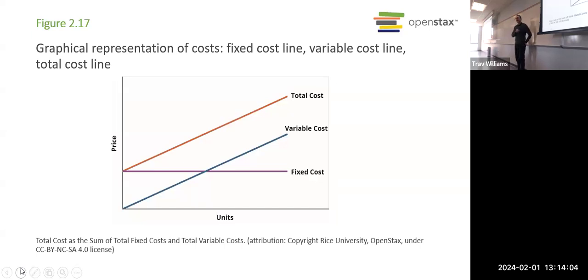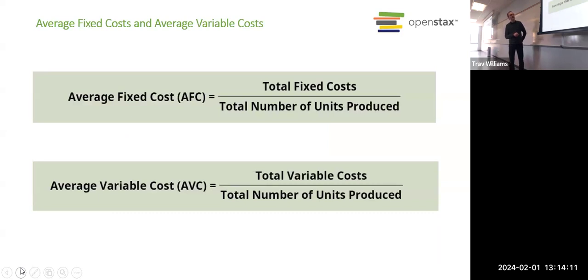Right? Are there any questions on anything so far? All right, so this is the formula to figure out your fixed costs per unit and your variable costs per unit. Even though they're calling it average fixed cost and average variable cost, for the rest of the textbook, they don't use those terms. And I don't use those terms. So to get your fixed cost per unit, you take your total fixed costs and divide by the number of units.